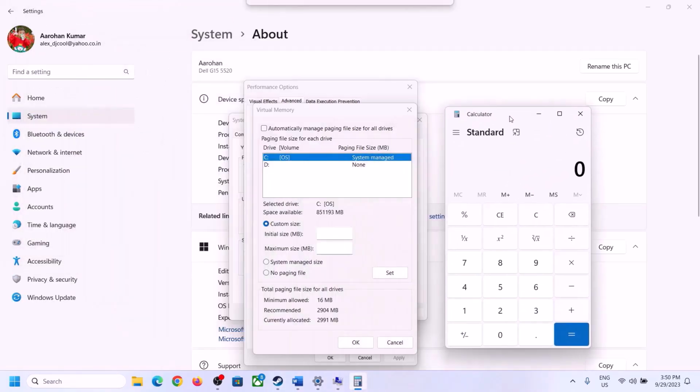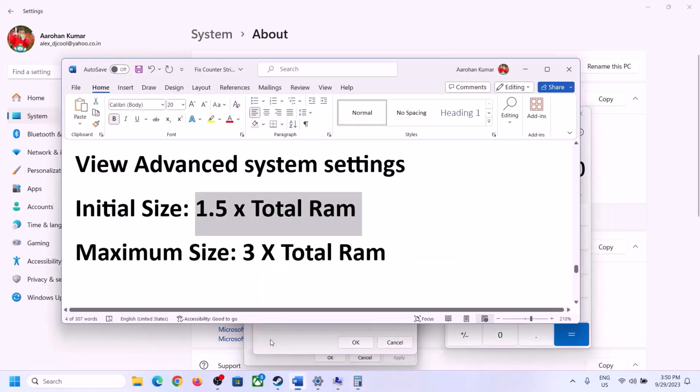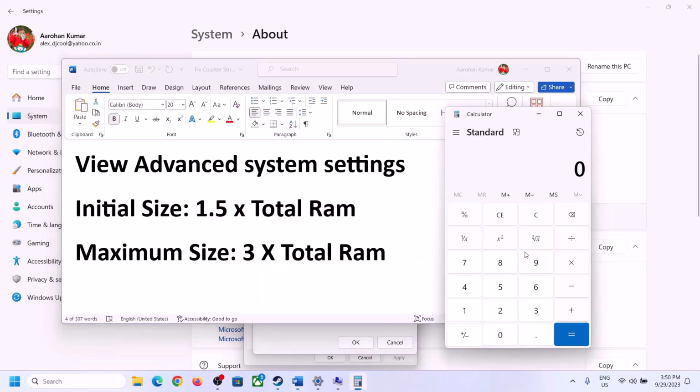Over here, it's 1.5 into total RAM. Total RAM in my case is 16 GB. So 16 into 1024, because 1 GB is equal to 1024 megabytes. So 16 GB in megabytes will be 16384, into 1.5. This is my total RAM in megabytes, and now 1.5 into total RAM. So in my case initial size is